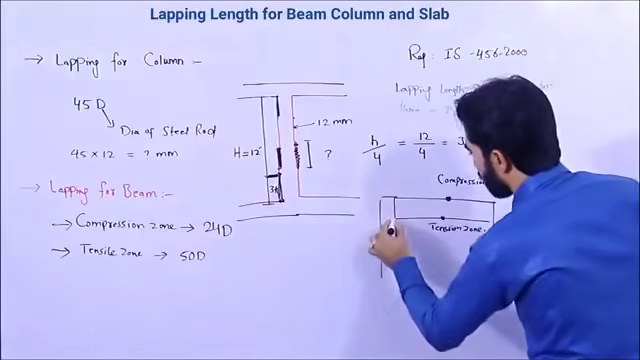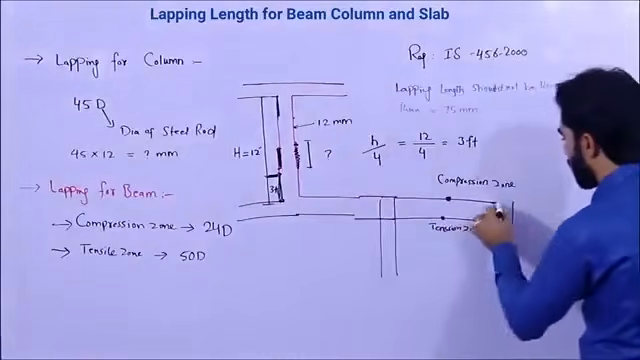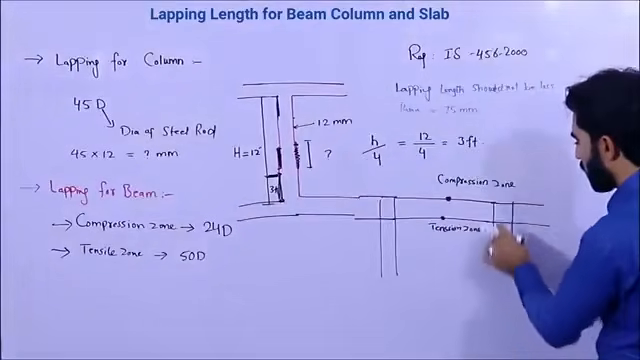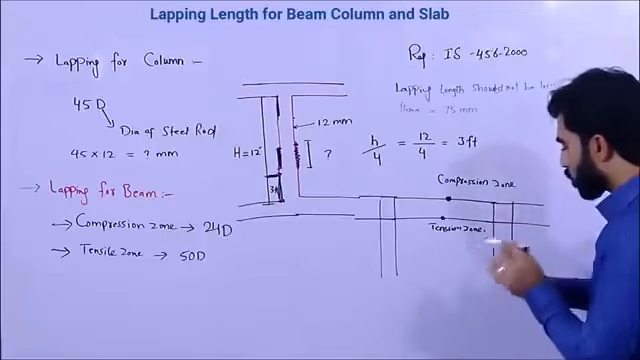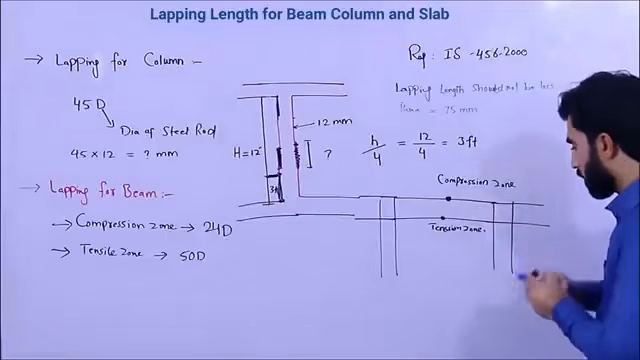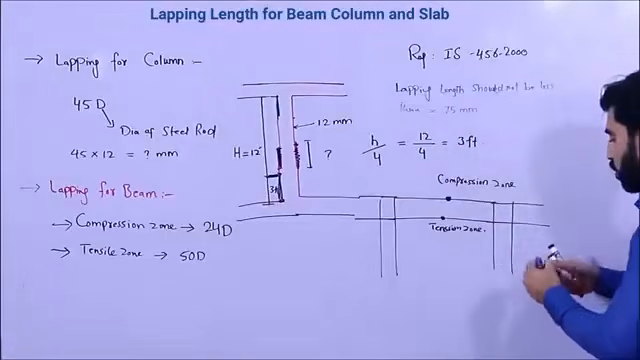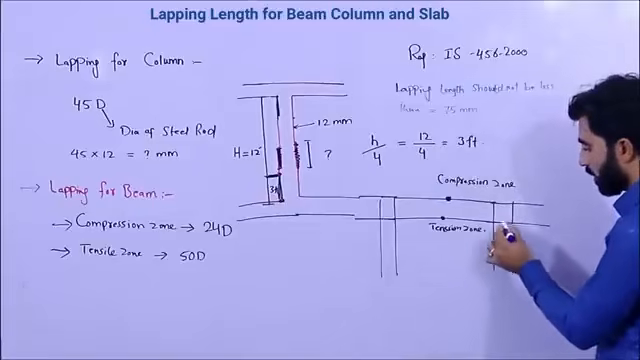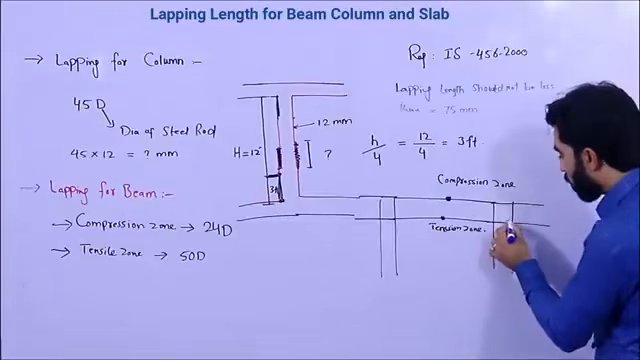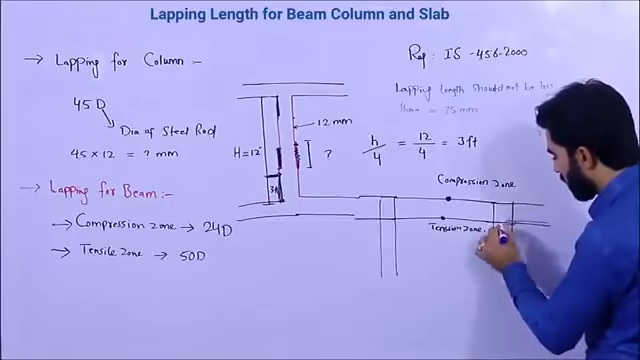Guys, you can see these are supports. For example, this is a continuous beam. So these are supports. So here try to provide the lapping length in the tension zone at the joint. Okay, so this is the joint, so provide it here like this